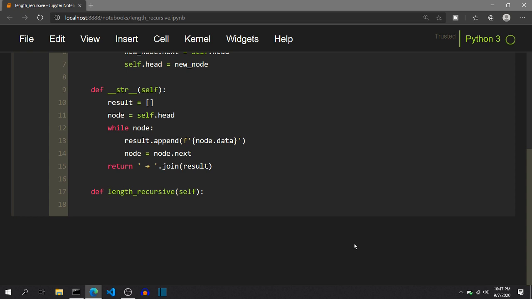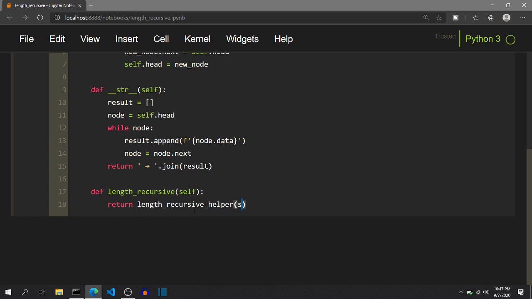But to make this recursive function actually work, we need to create a helper function, because 0 parameters apart from the self parameter is not sufficient. So we will return the value returned by the length recursive helper that we will define in some time.